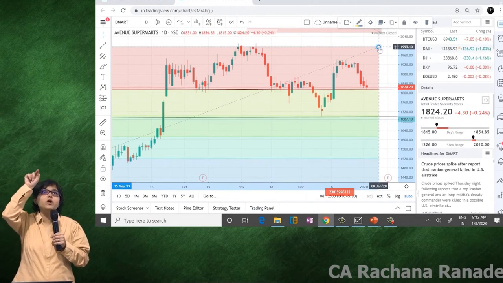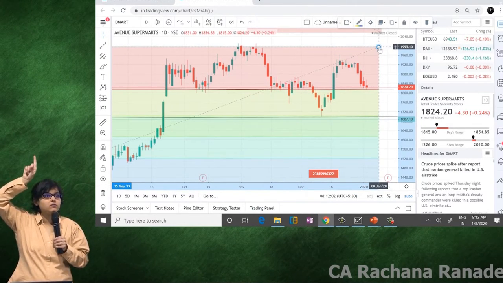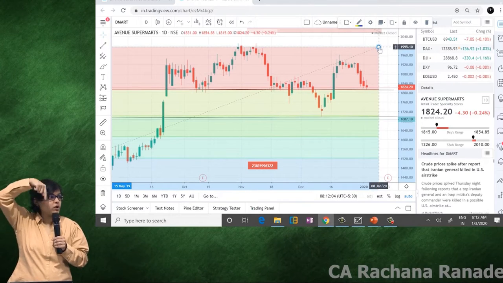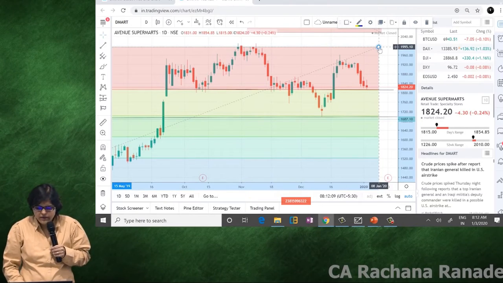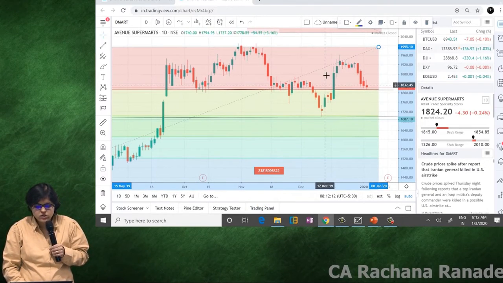Okay, new high, by the way, is the body of the candle, not the wick of the candle. Don't take high as the absolute high wick. It will be the body of the candle as high. Okay. By the way, do you remember this? This red portion is which portion?